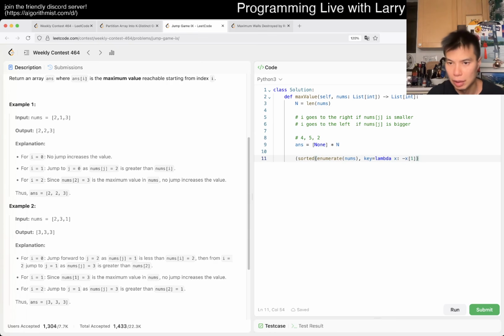So yeah, and I think tiebreakers don't matter anyway, so I think that's fine. Okay, so then now, what do we say? We'll say every number to the right of it will get set to that number. Then the next biggest number,